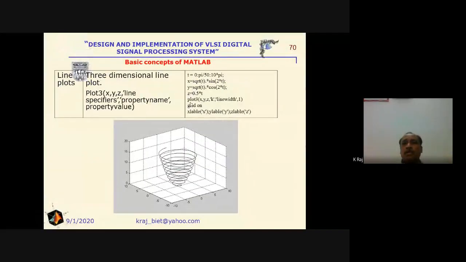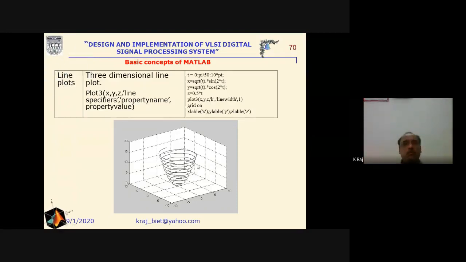Then we use the plot3 command with x, y, z, and the line specifier k, that is black in color, and line width and grading are the property and property value. On the x label we will write x, on the y label y, and on the z label z, and then we will get the graph.